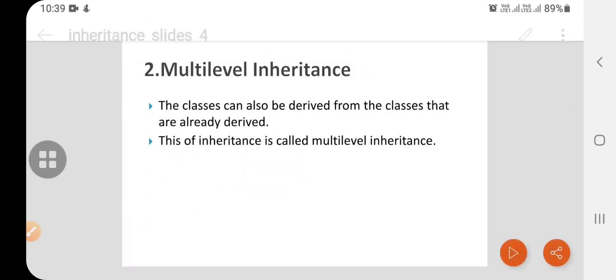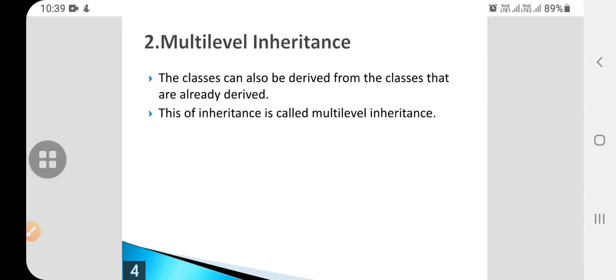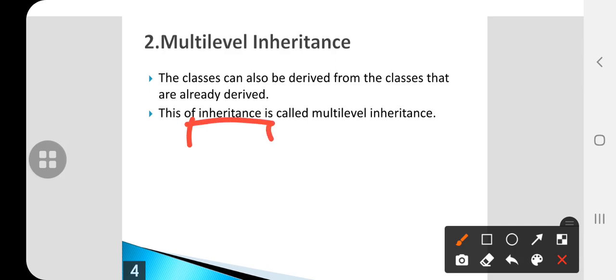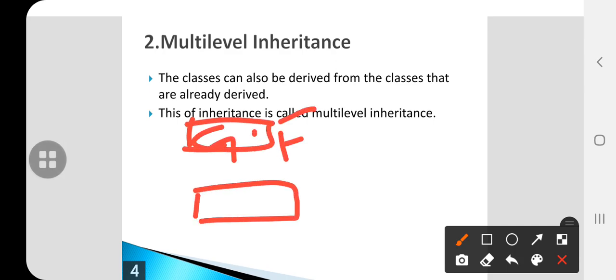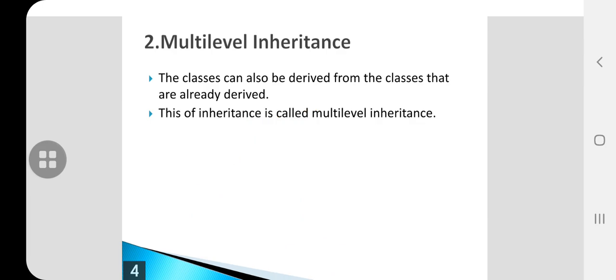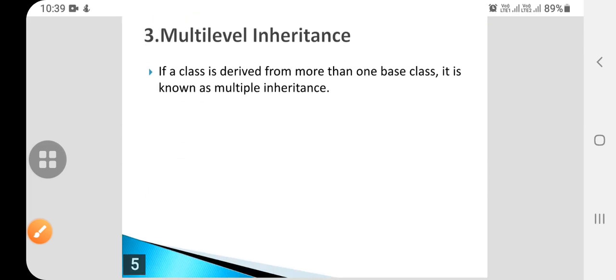Okay, before going to that, I will give an example for multi-level inheritance. Take grandfather as the base class, father as derived class 1, and another class as son. Here, for son the base class is father, and for father the base class is grandfather. I hope you all understood. So we will move on to the next type of inheritance, that is multi-level inheritance.